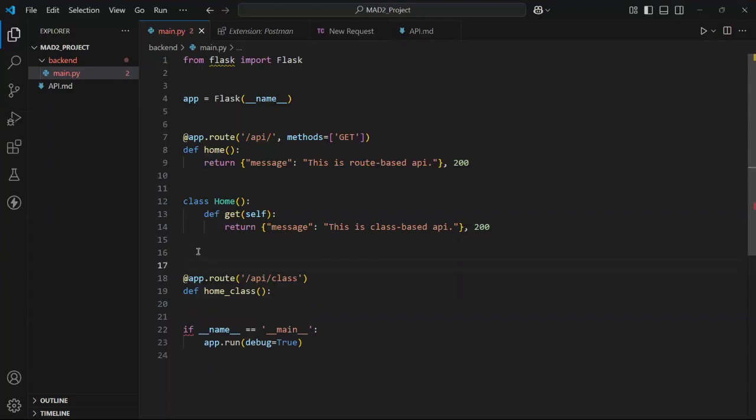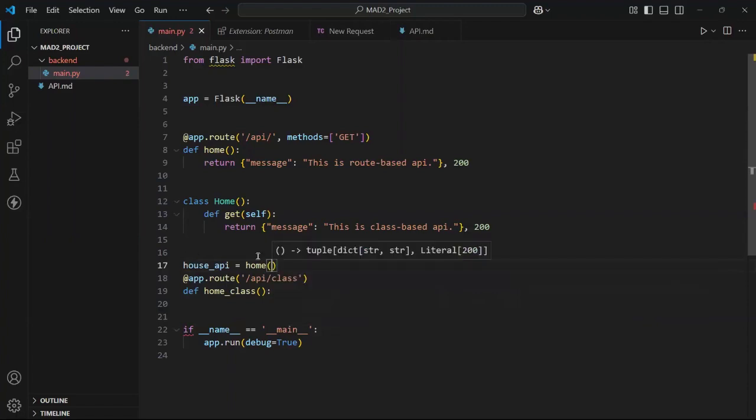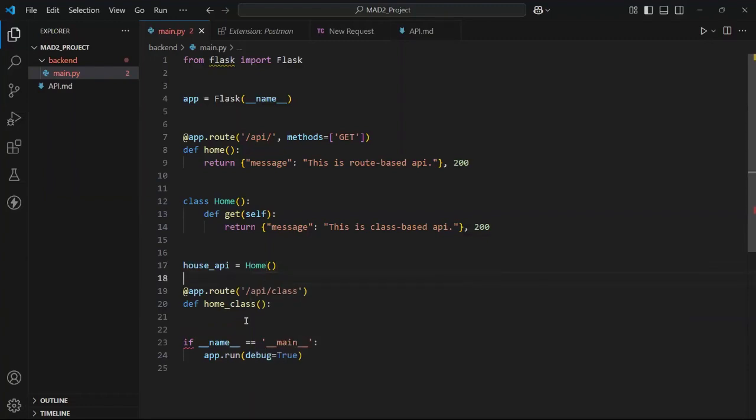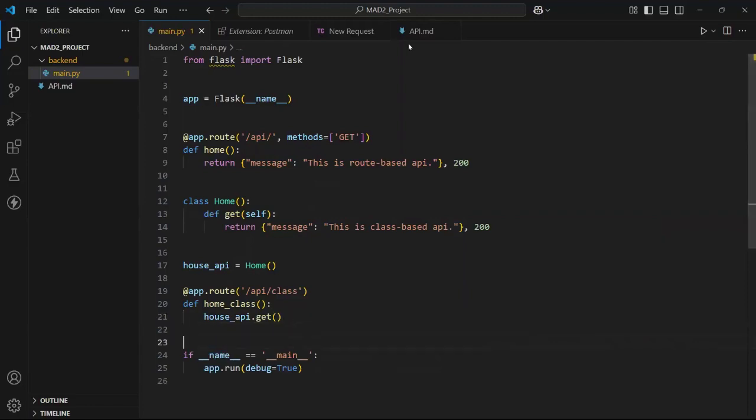We define this with a URL, so I will write Home API, and you write Home here. Now here you call the get function, Home API dot get. Now if I hit the URL,